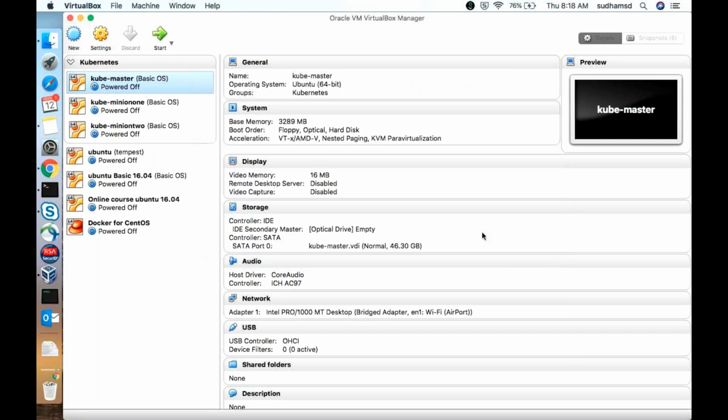So this is all about the resources. But here I have taken the third minion node as 2.5 GB RAM, here 3.2 GB RAM, and here the same 3.2 GB RAM. It all depends upon the resources you have. Since I have 16 GB of RAM, that's the reason I have allocated like this. So let's start these machines and let us configure the Kubernetes cluster.